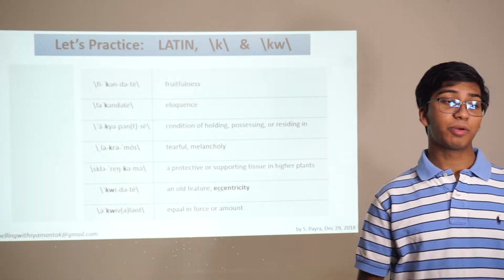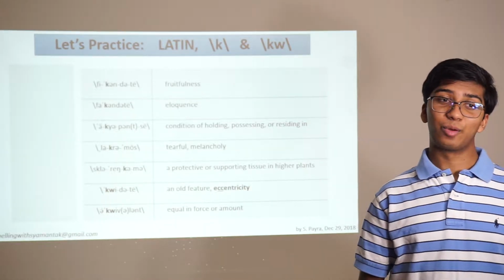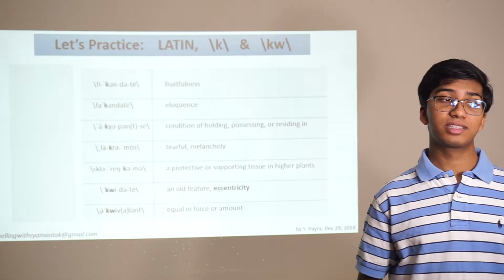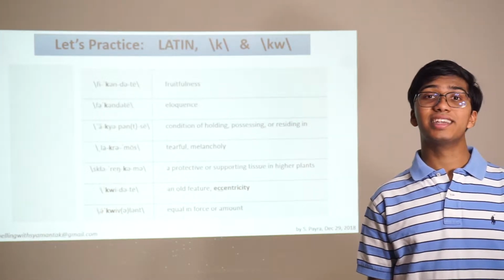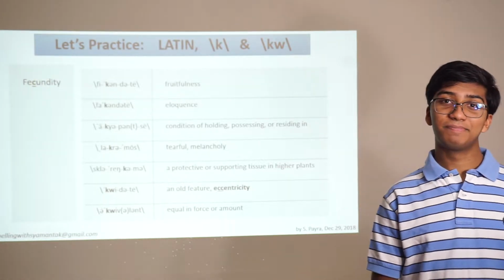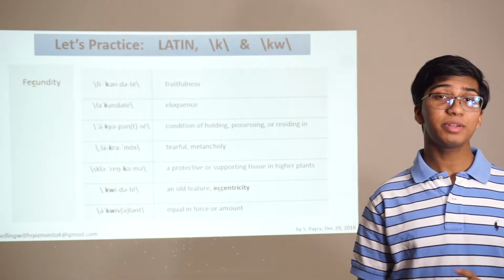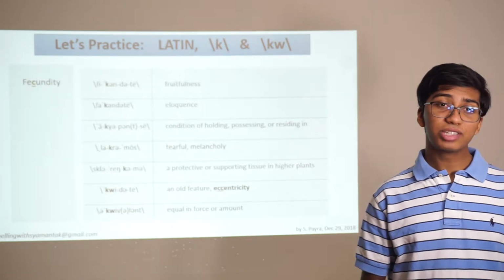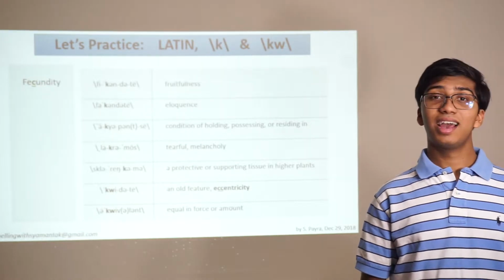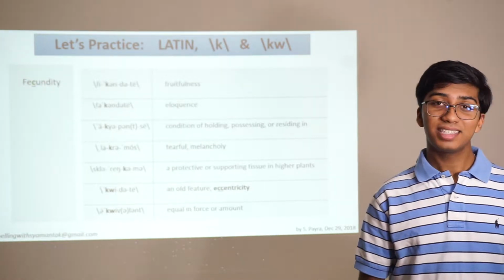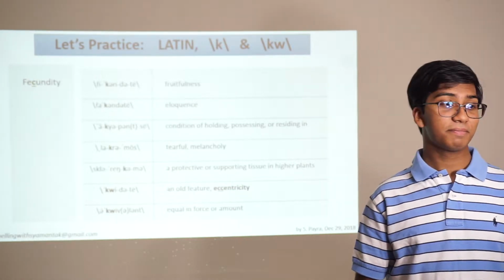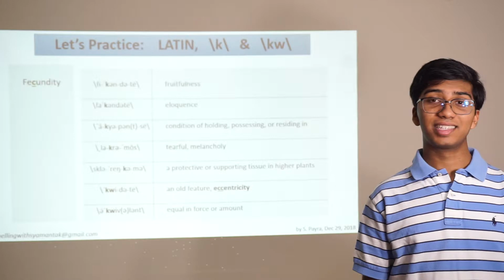Here's another opportunity to practice these sounds in some more Latin words. The first word is fecundity, fruitfulness. Fecundity is spelled F-E-C-U-N-D-I-T-Y. Here's a bit of a curveball for you. There's another word that could be confused with the word fecundity, which is facundity. It sounds pretty similar. This one, however, means eloquence. Facundity is spelled